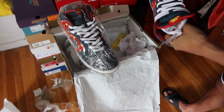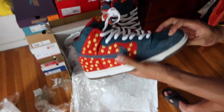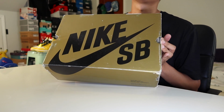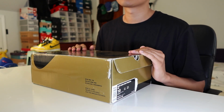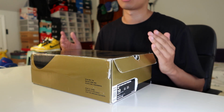And in unboxing them too, I'm glad the seller went all out and securely packaged these. For those of you that are unfamiliar with this pair or are new to the SB game, this pair was part of the Gold Box era, which spanned from October 2007 to March of 2009. Some people confuse this as a Blue Box release, but was actually one of the last few, if not the